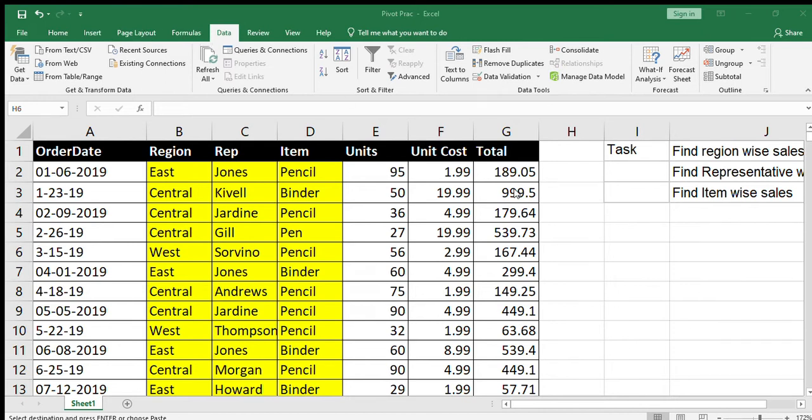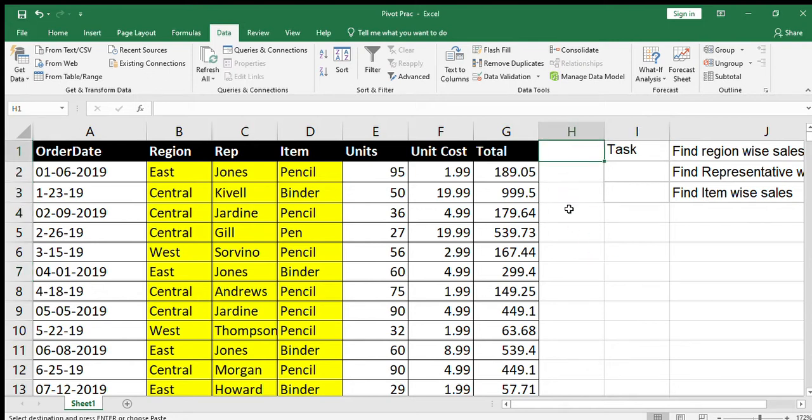You can download sample data sheets for your practice and use it for your Excel practice. I will be coming up with other concepts as well, but today I am only talking about pivot table. In future videos we'll be talking about HLOOKUP, VLOOKUP, and how to use pivot graphs. All these kinds of examples we will be working on.